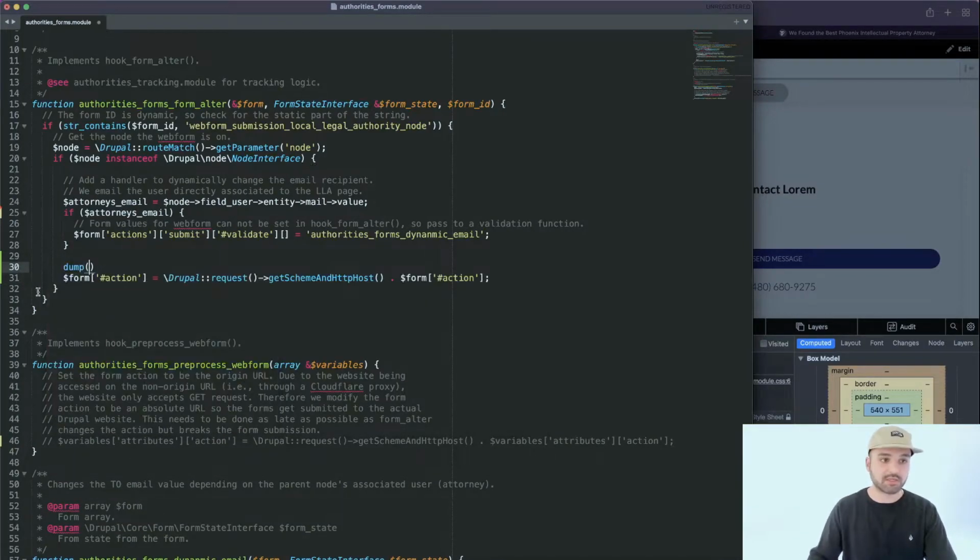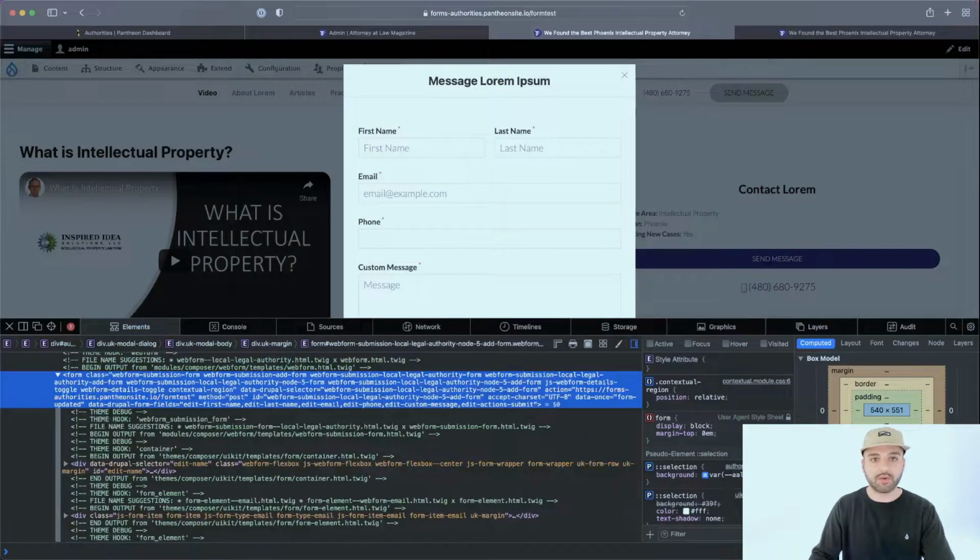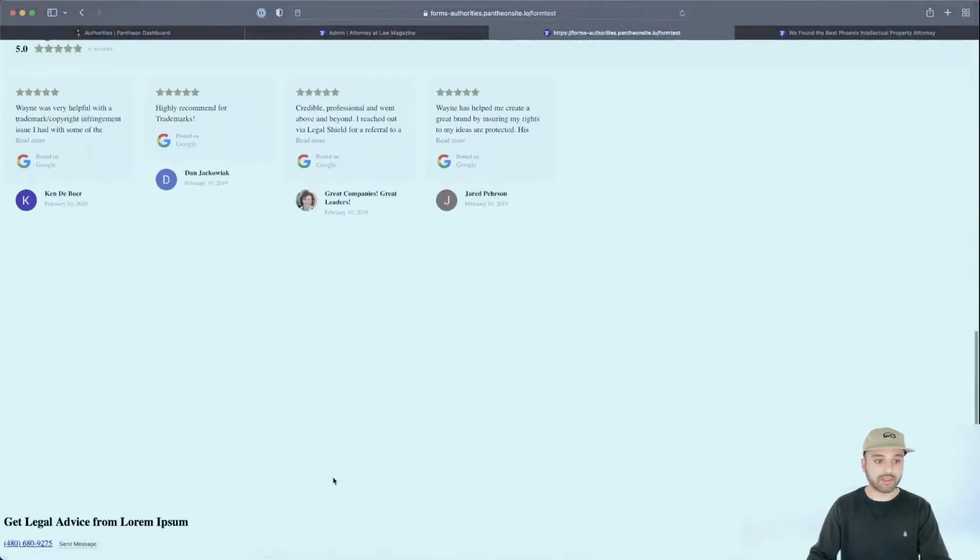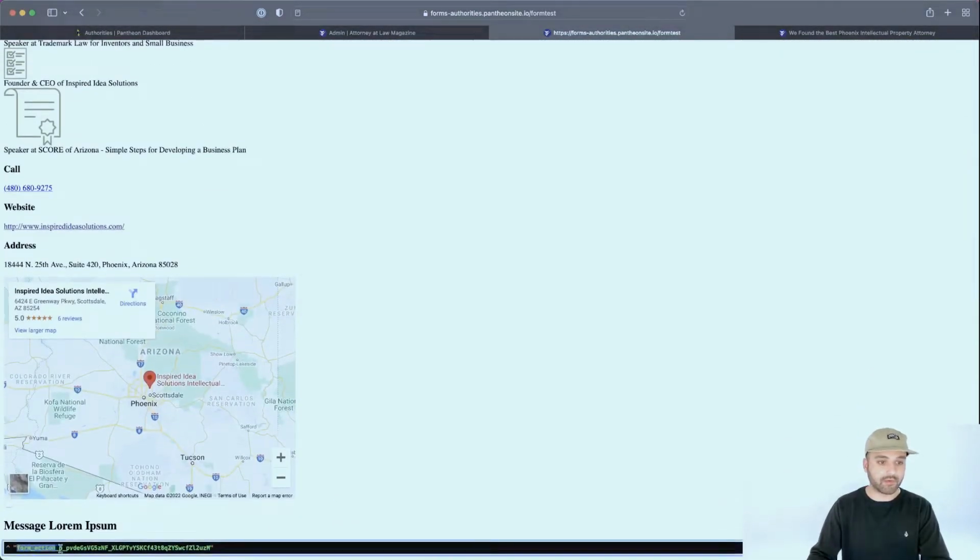And I'll show you guys here what the form action is before we're modifying it. I'm not exactly familiar with the form rendering process, but you'll be able to see kind of what I've found here. And that is there's this form action underscore and some sort of token. And so I read something about this being dynamically replaced later on. And by us modifying the action this early on in the form rendering process, it makes this form not submittable. So